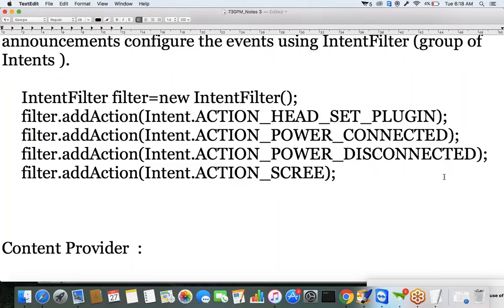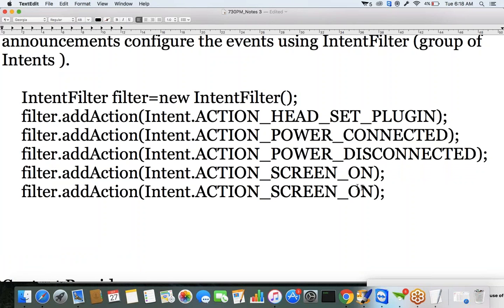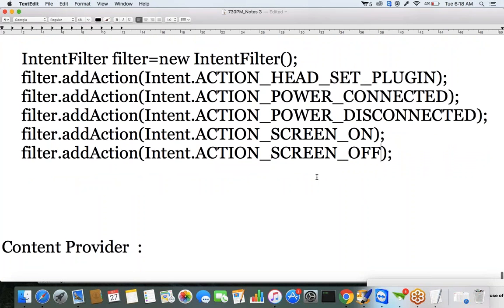For which events you want to get the broadcast announcements, let's configure the events using the intent filter tag. Let's configure the events using what? Intent filter. Screen on or screen off. Okay. Next,